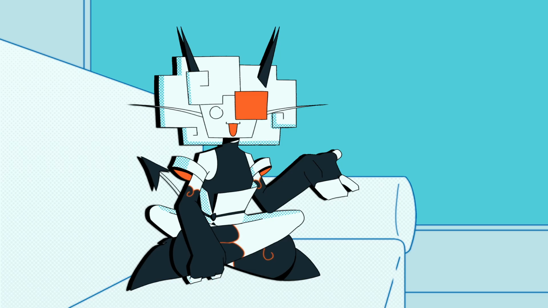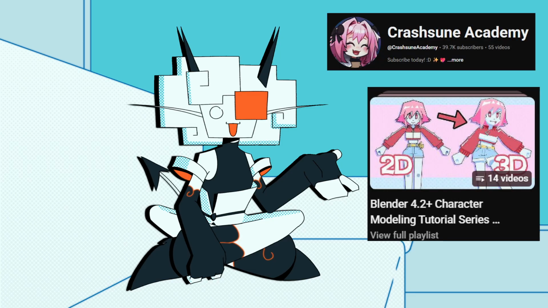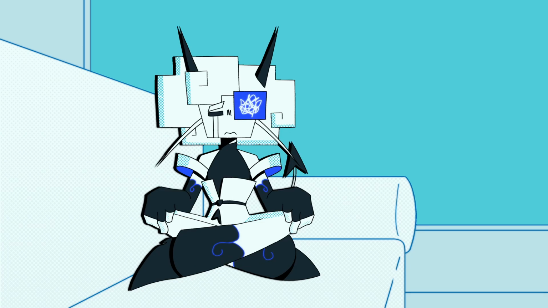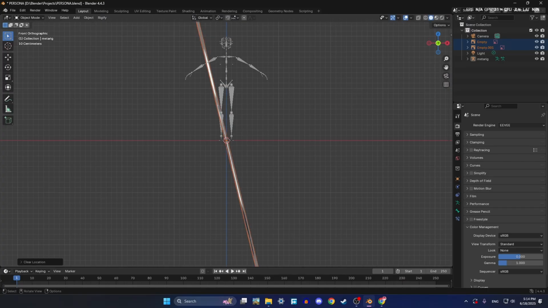I wanted to make a low poly model since it seemed like a lot less work, and I decided to use Crashsune's videos throughout this challenge. Not only did it teach how to make a low poly model, but also how to color, rig, and animate it, which was great. I then got immediately stuck because whenever I tried to do a certain shortcut, it would